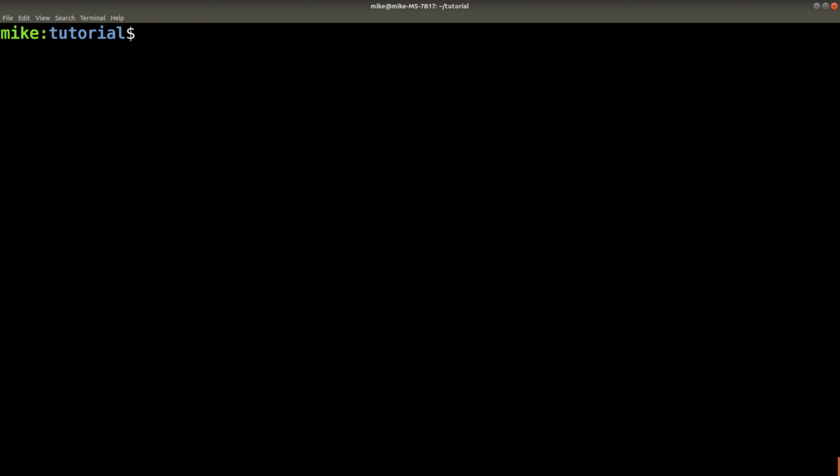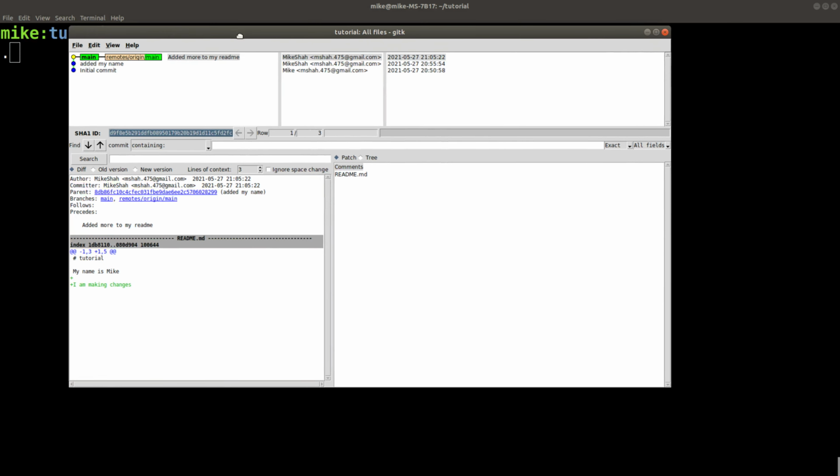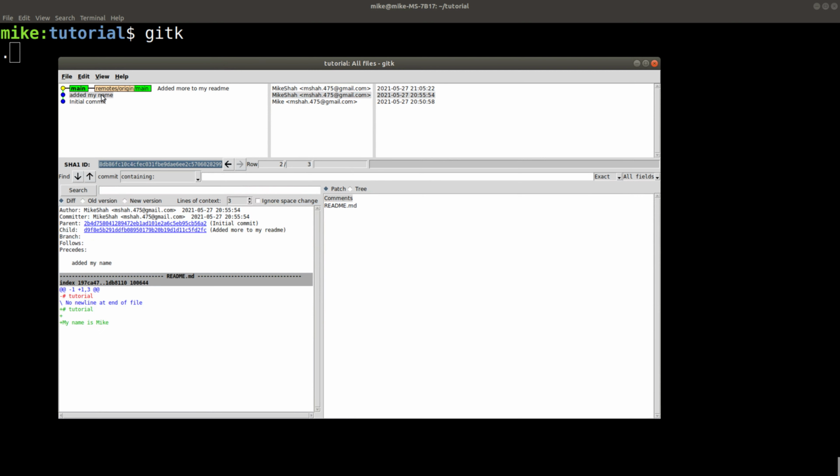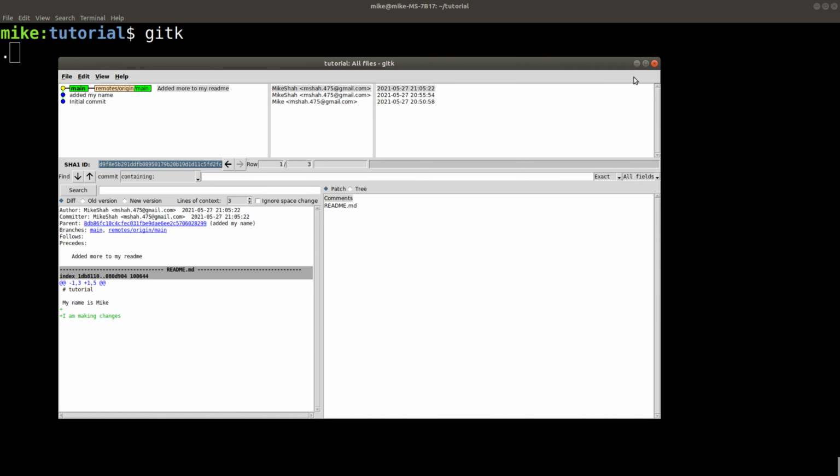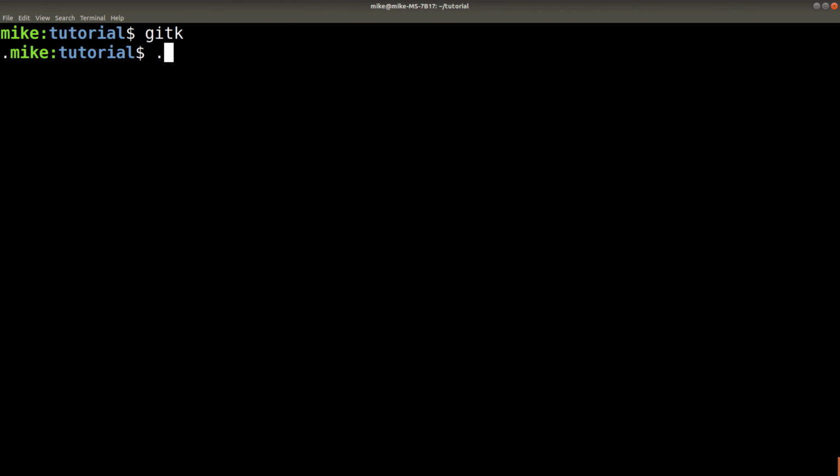Okay, so the last tool that I'll show you is a tool called gitk. And you may or may not have it, but if you run it inside of a directory where you have your GitHub repository, which tutorial is, then it will bring up a graphical interface of your code. So you might have to install this tool, and it's easily installable on Linux. It'll tell you on the terminal what command to write if you don't have it, but this can also show you the different commands that you have to type in. Okay, so with that said, I'm going to go ahead and exit the terminal and just wrap us up here